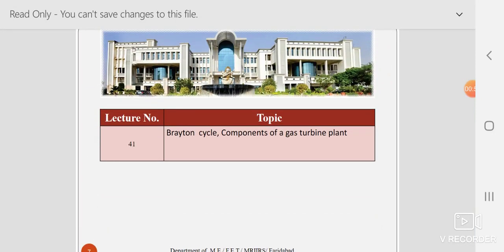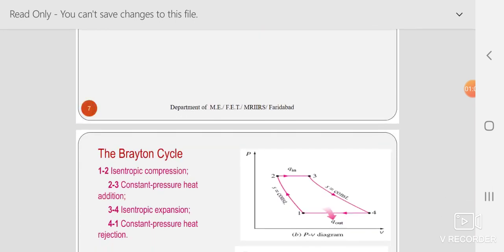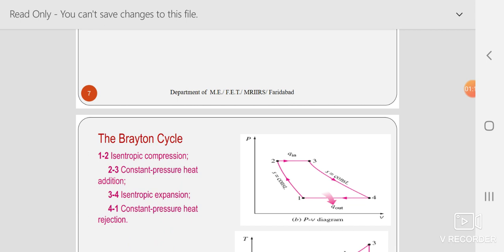The first chapter of this unit consists of Brayton cycle. It's the component of a gas turbine plant. Those we will be studying. Now first comes the Brayton cycle. In the Brayton cycle, you can see